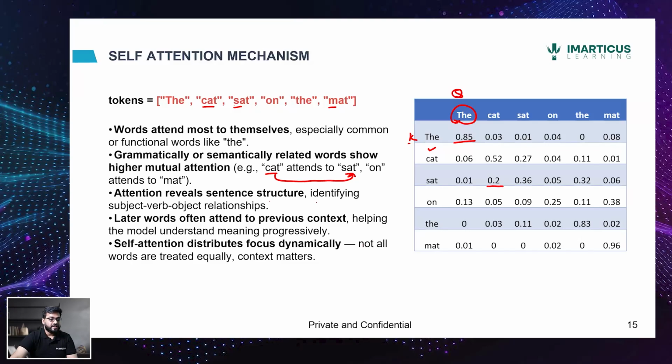It also reveals the sentence structure, identifying subject, verb, object relationships. Like this, cat, subject, sat, verb, and object, mat. It is going to understand the relationship between these words for us. Now when we look at cat and mat, we have a value for it. When we look at sat and mat,